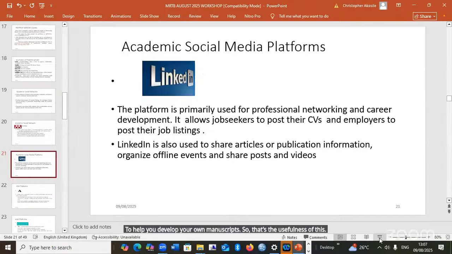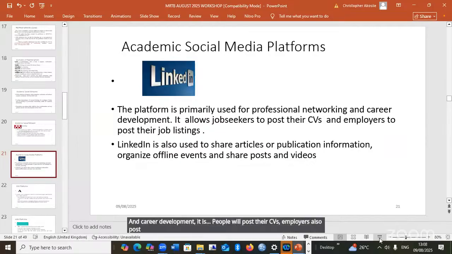Then we have LinkedIn. LinkedIn also is primarily used for professional networking and career development. People post their CVs, employers also post their job listings so that both the employer and the people seeking employment can get connected.